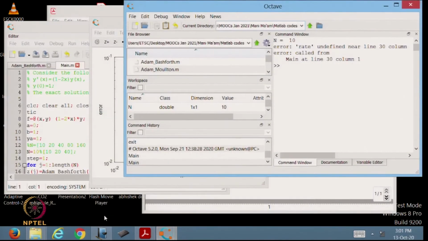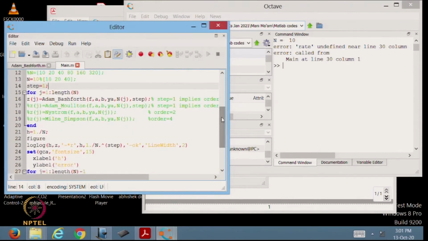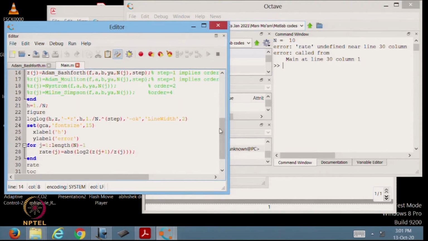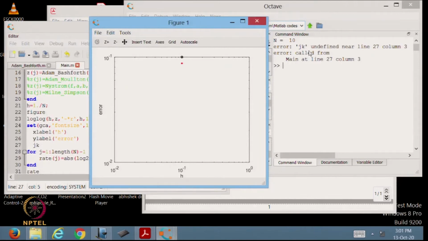If you see here, the error shows undefined. I will tell you what the problem is. I want my code to run only till this point, that is why I have typed some arbitrary text, so that an error comes naturally and the code stops. Yeah, so the error has come.